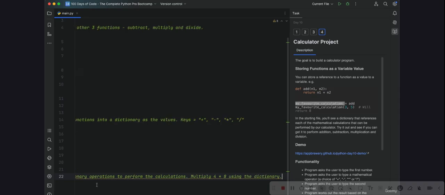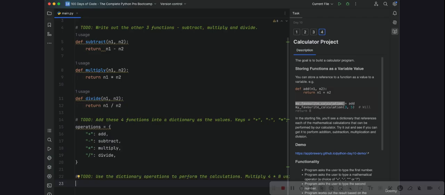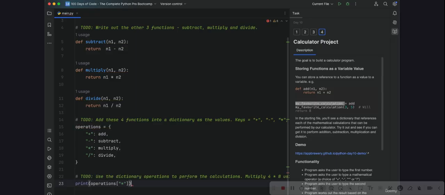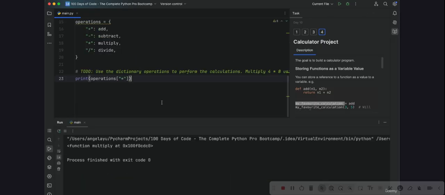Okay, so you might remember that the way that we access a value from a dictionary is we first tap into the name of the dictionary, we add a set of square brackets, and then inside the square brackets we type the key word for word. So in this case, if we want to multiply, our multiply function is stored under the key, which is this asterisk. So now, if I go ahead and just print this value as it is, you'll see that I get